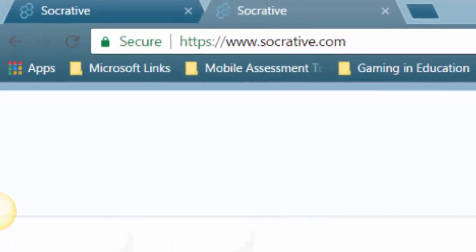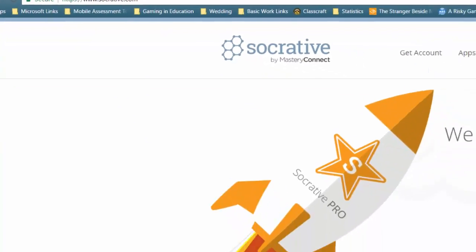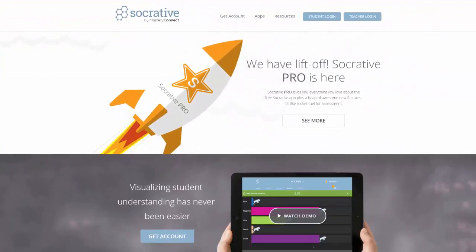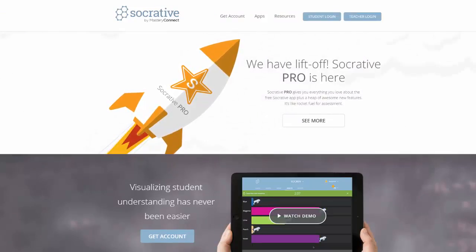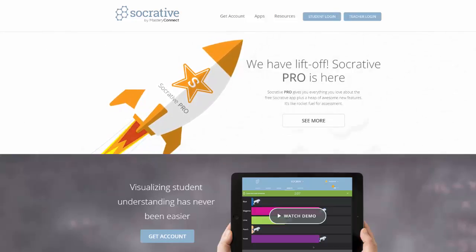Instructors can log into Socrative either through a web browser at www.socrative.com or through Socrative's dedicated teacher app. We'll be focusing on the web browser for these videos, but know that the interface of the app and the web browser are close to identical, so what you'll see here will be pretty much the same even if you're